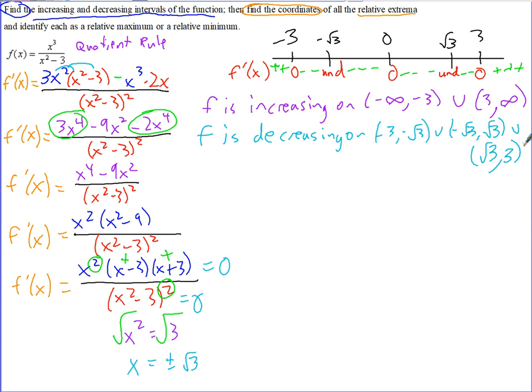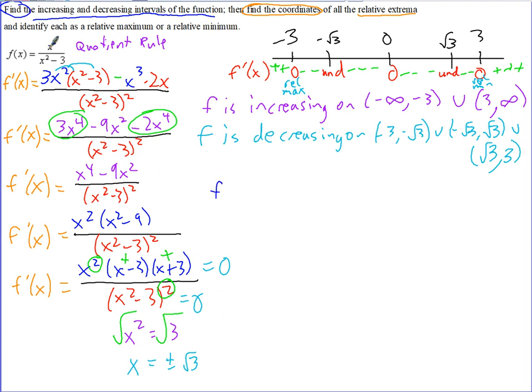And then we can see based on our number line here that at negative 3, the first derivative changes from positive to negative. So that's a relative max. And at positive 3, the first derivative changes from negative to positive, goes from decreasing to increasing, so that's the relative minimum. And here it said find the coordinates. So we have to find the coordinates of each of them. So let's find,